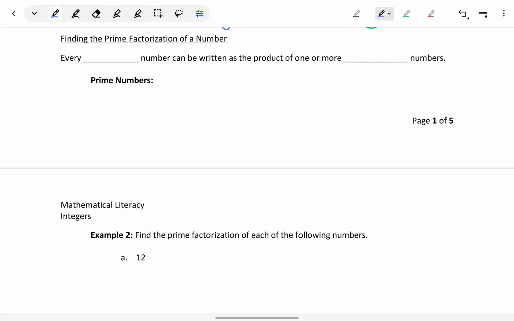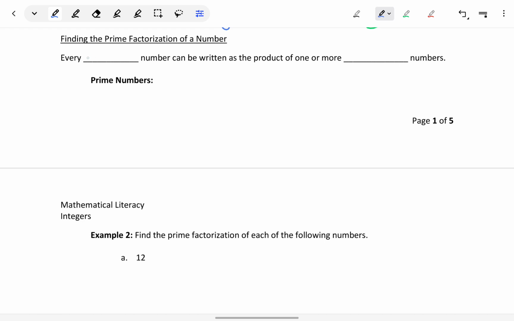We talked about whole numbers, natural numbers, integers. Each of those are ways of talking about a specific group of numbers. Another specific group of numbers that we can talk about are the prime numbers. Prime numbers have a lot of applications throughout math, but one particular reason that we want to look at them